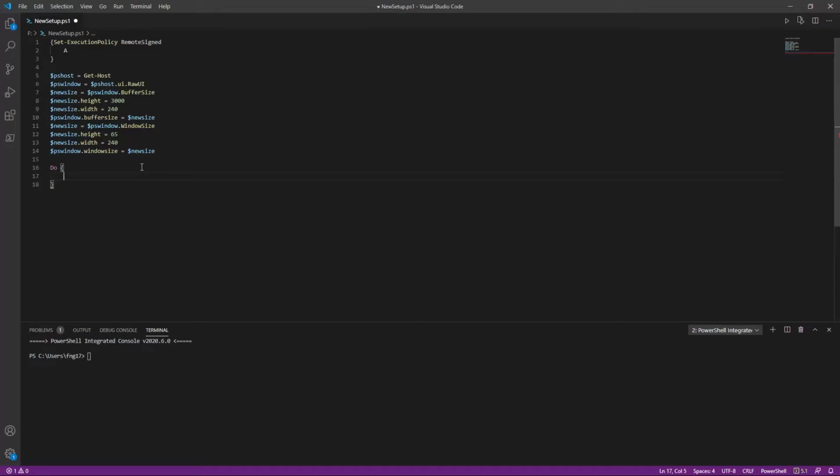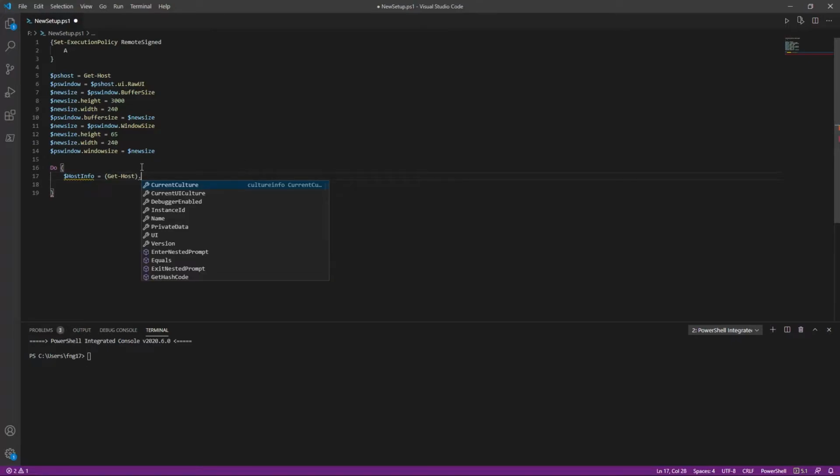So inside of this do loop, let's say do Get-Host, right? So I want to do Get-Host, and I want to store that in a variable, so let's do host info is equal to Get-Host